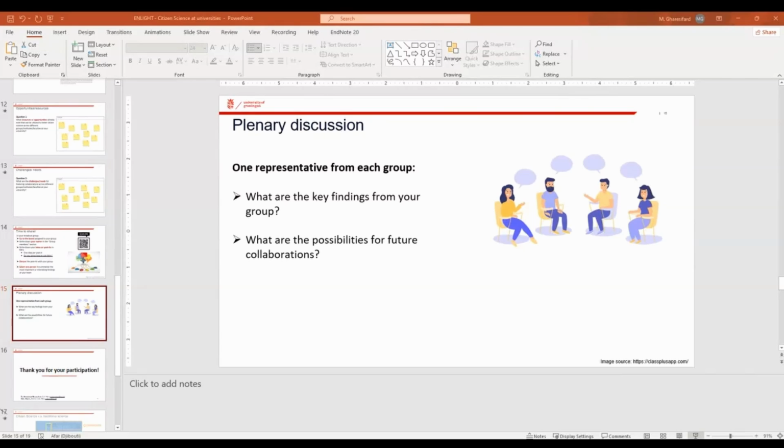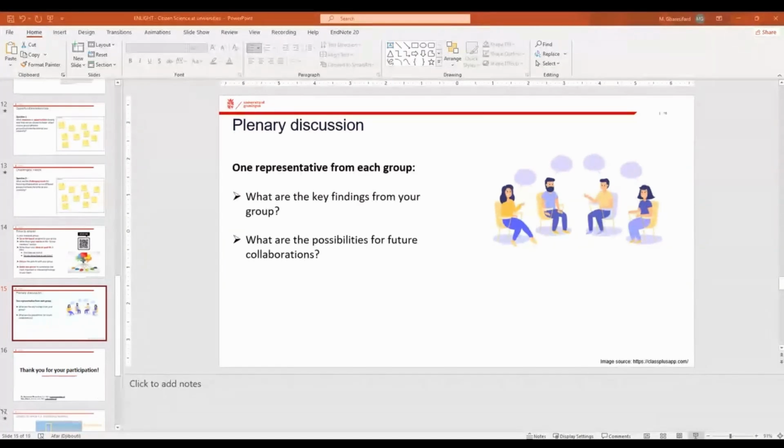I don't know if it is now in the full screen or not, but not a problem. So we talked about the key findings a little bit, and we have the inputs. Hopefully we can get in touch with you if you have questions around that. Feel free to get in touch with us because we are doing these mapping activities, trying to understand what's happening, at least at our university. So there are ways of collaborating and learning from each other if you're busy with something similar.